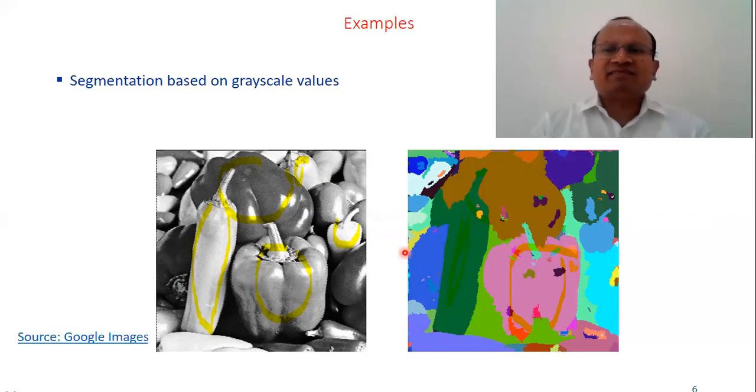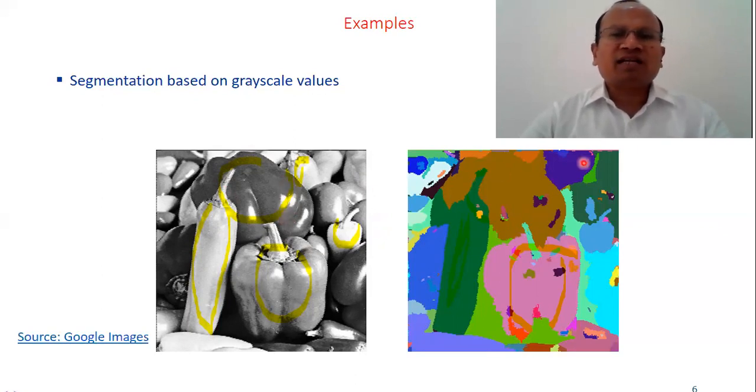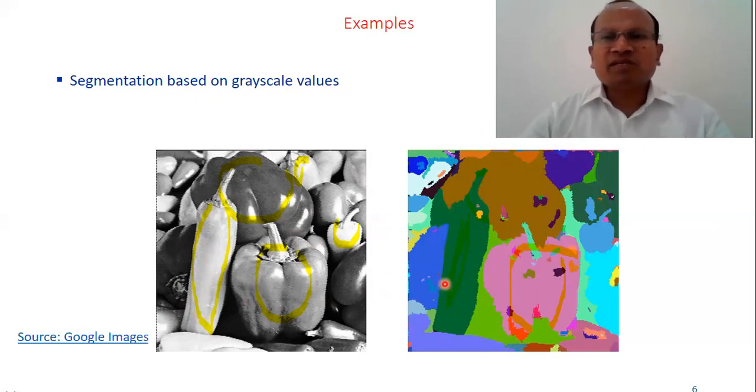So what is the basis here to segment the image? This image, grayscale value. If you look at this particular area, the grayscale value is a little different. So therefore, based on this grayscale value, another color is assigned. If you see this particular area, more whitish, less gray, the chili, that's being assigned a different color like its original color, like green. So this is how, on the basis of grayscale value, on the basis of brightness, we can segment.